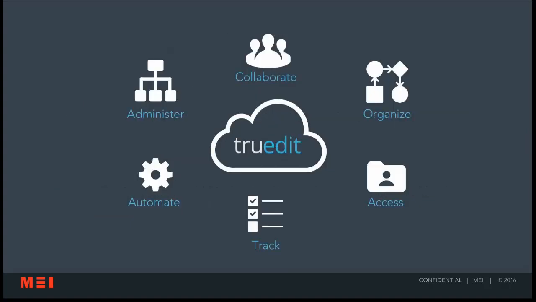So, what is the TruEdit platform? If you look at it, this is really the core of the system. It allows you to collaborate with your teams, sharing documents, tracking projects, communicating, and making assignments. Ultimately, that leads to a level of organization so that you can very clearly identify the relationships between a layout and the components used inside of it, like images and video and text, as well as the structure of an issue in both managing print and digital content.